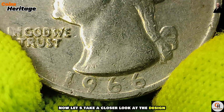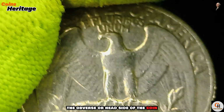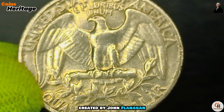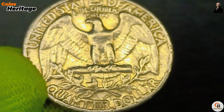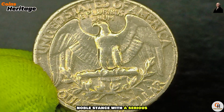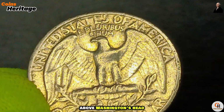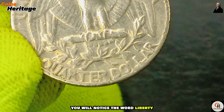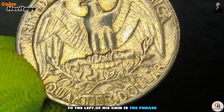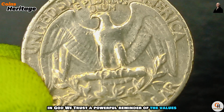Now, let us take a closer look at the design. The obverse, or head side, of the coin features a profile of George Washington, created by John Flanagan. His design shows Washington in a classic, noble stance, with a serious yet wise expression. Above Washington's head, you'll notice the word liberty, an essential symbol in American culture. To the left of his chin is the phrase "In God We Trust," a powerful reminder of the values embedded